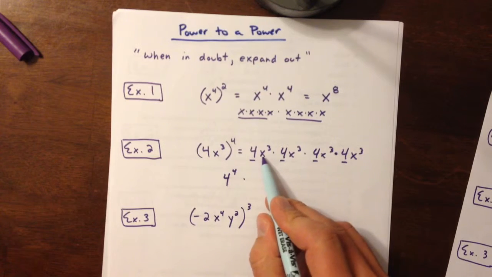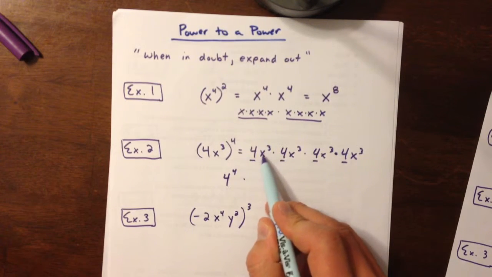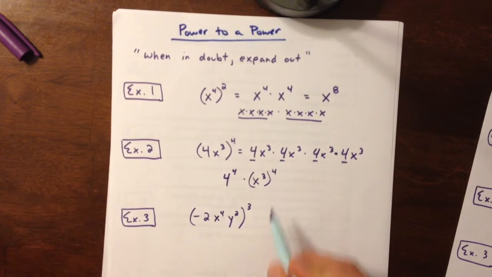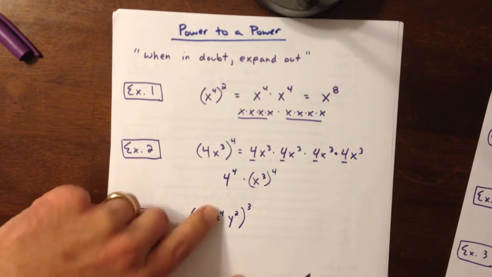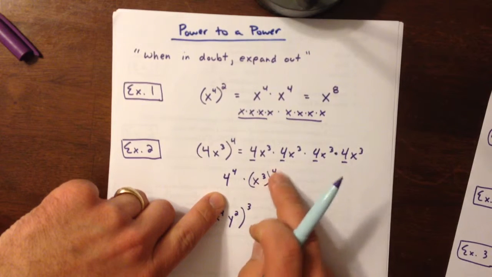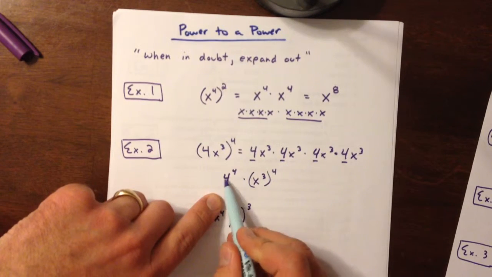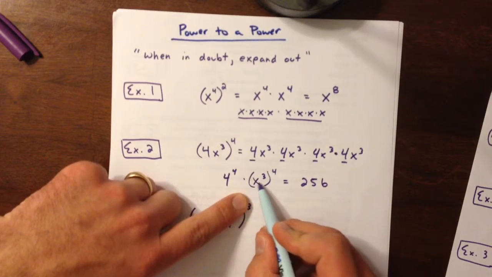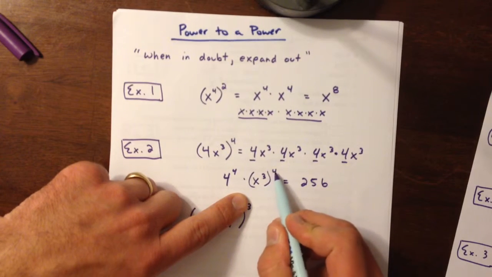And then I have x to the 3rd multiplied 4 times, so this is x to the 3rd to the 4th power. So 4 to the 4th is 256, and x to the 3rd to the 4th power,